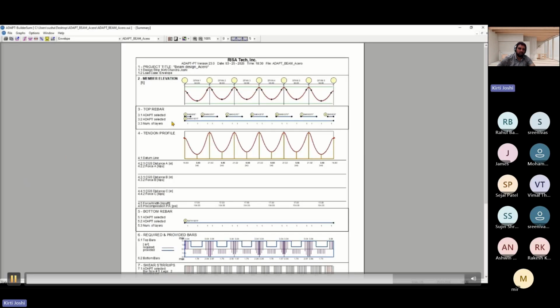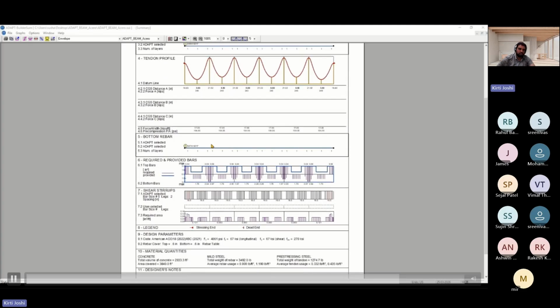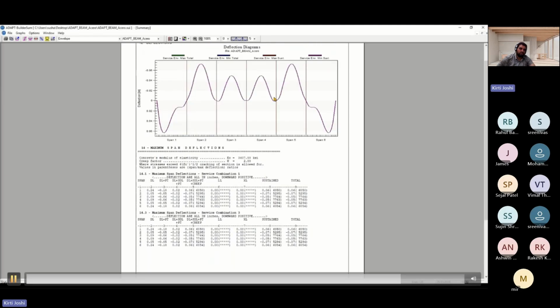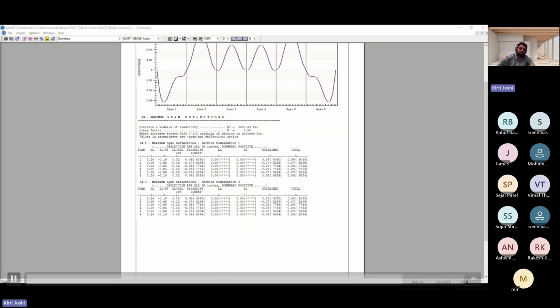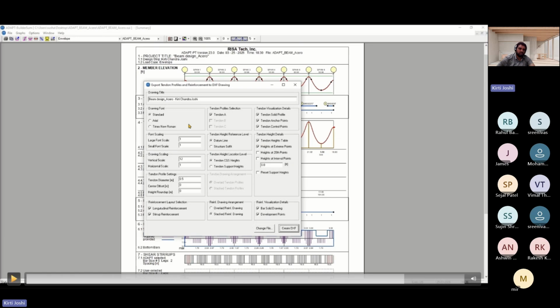Once you click on OK, you are going to get all your names, the envelope, the elevation view, the top rebar, the profile, the required rebar, the provided rebars, and the shear reinforcement. So you will get all the information. The next one is the deflections, and you will get all the deflection values as well. You also have the option to export it to DXF. Once you click on the DXF option,